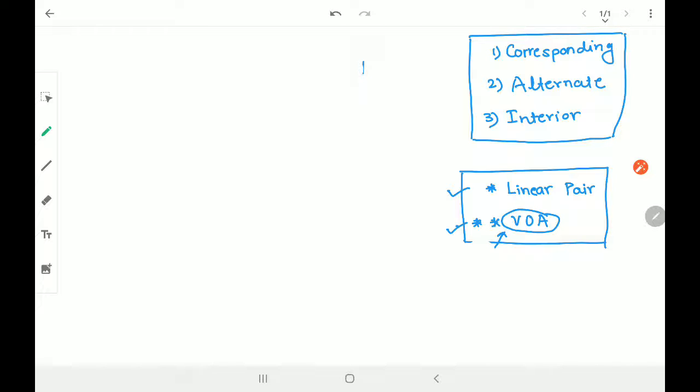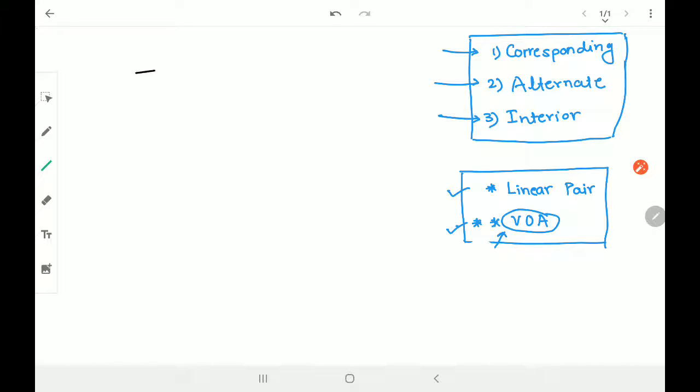Now the next part that one should know is corresponding angle, alternate angle and interior angle. Till this time you must have heard about this type of angle. Not only these, but interior alternate angle or exterior alternate angle or so many different types of angles you have heard. But let me tell you, we need only these three angles and remember only these three. That's more than sufficient. Okay, what are these three angles? It's corresponding angles, alternate angles and interior angles. Okay, so let us discuss this.